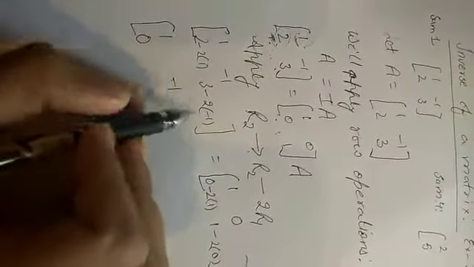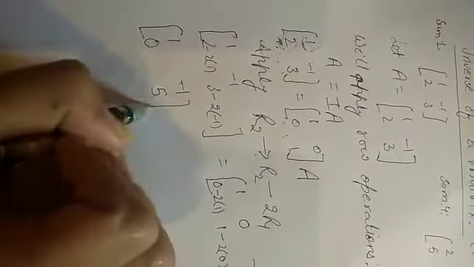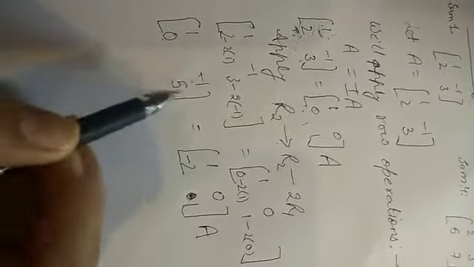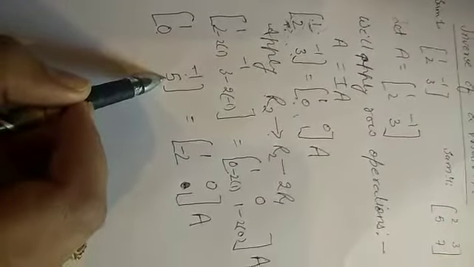Now 2 minus 2 has become 0. 3 minus 2 of minus 1, so it will become 5. And here no change in R1, 1 0 we will keep as such. 0 minus 2 will be minus 2. 1 minus 2 into 0 will be 1. So here we will keep A. So we are getting here 0, this is minus 1, and we have to make it 5.